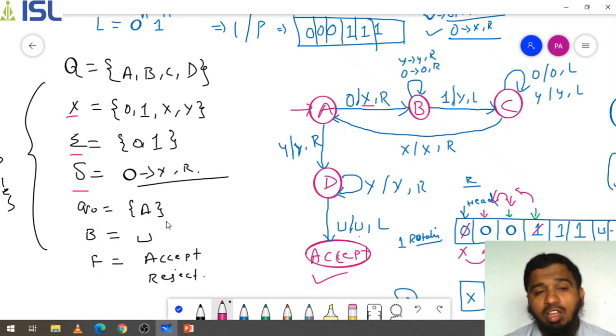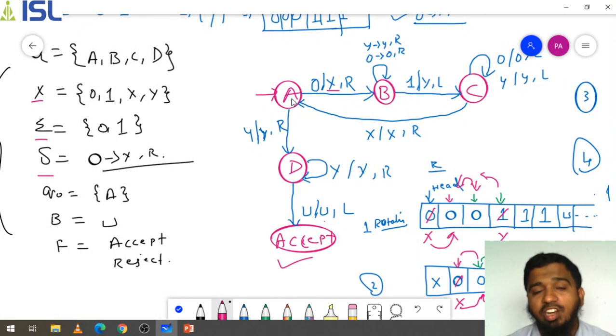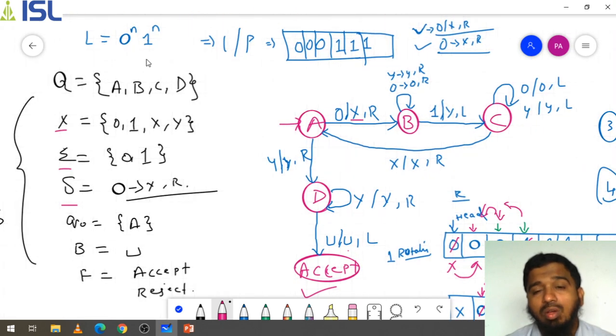Q0 is the initial state, A, B is a blank, F is the accept and reject. Okay, accept and reject. And this is a state diagram for the given language. Whenever you get a language, first you need to draw the deterministic